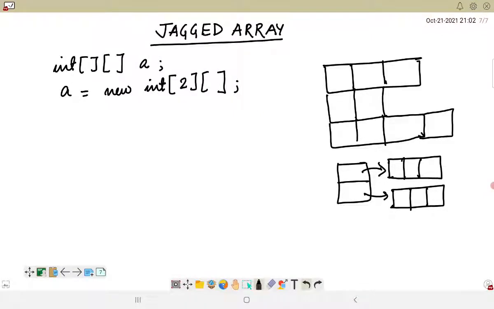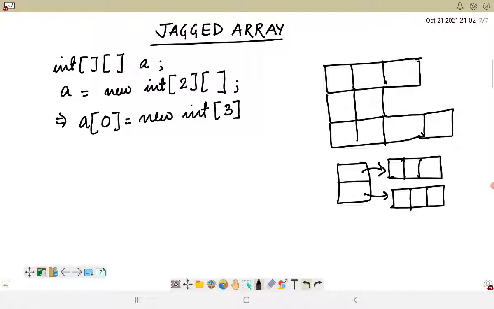And how do we instantiate this? We instantiate a of 0 is equal to new int 3.